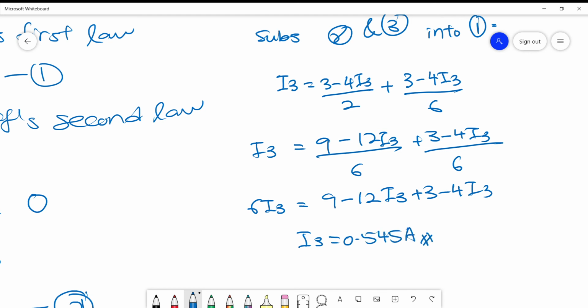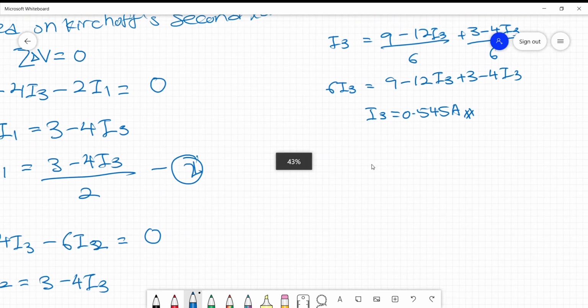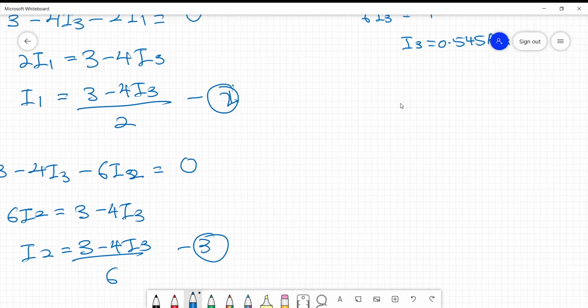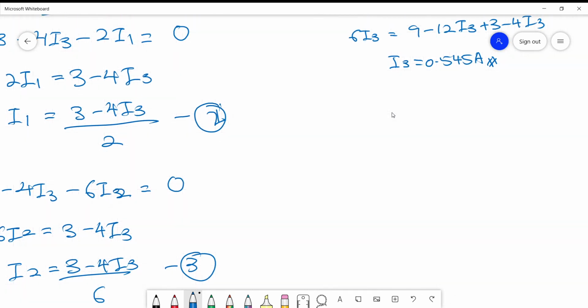So this is the current for i3. Okay, so what about i2? Where's my i2 equation? Let's move on to I1 first. 3 minus 4, 0.545 divided by 2. So what I get for the first current is equal to